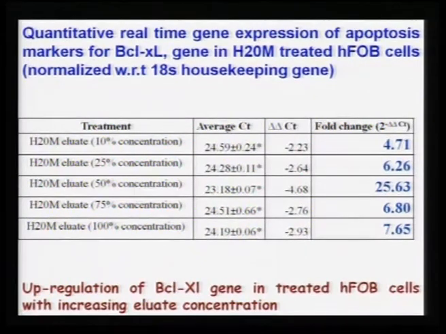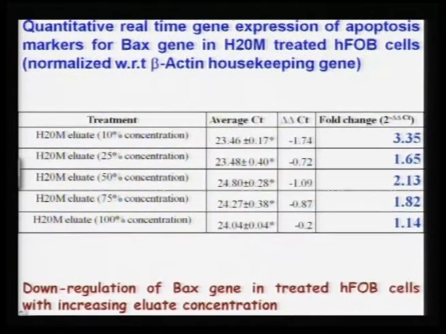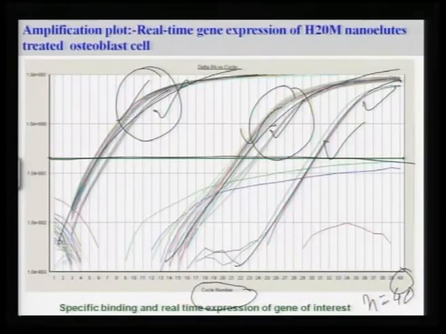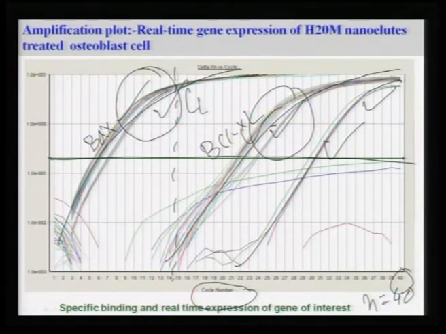Now, these are the quantitative values that I am giving, and CT is the cycle threshold value. Now, what is cycle threshold value? If you go back to this one, cycle threshold value for a particular gene of interest, for example, if it is BAX or it can be BCL-XL, means the total number of cycles at which these particular genes of interest are expressed to the highest expression level. You understand what I am saying?